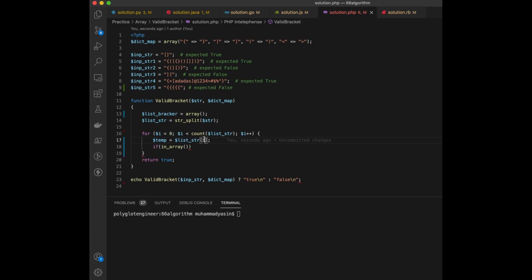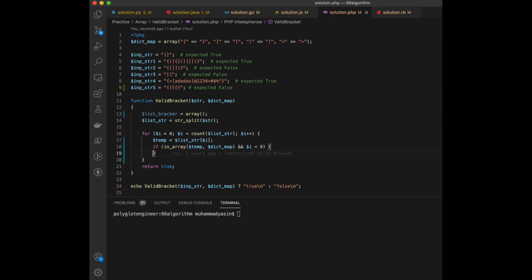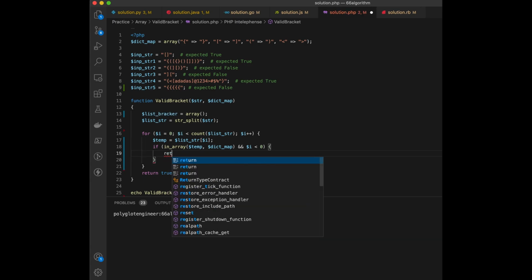And we're going to check whether in_array of temp and dictionary map, if it's true, we're going to check whether the i is less than 0. If it's fulfilled, it means that the closing bracket is at the very front of the element, we're going to return